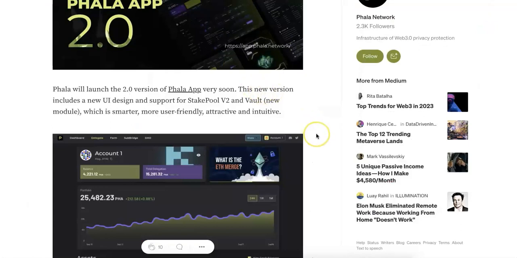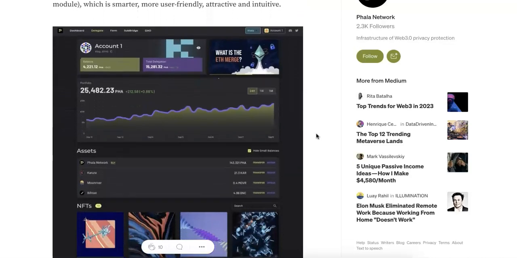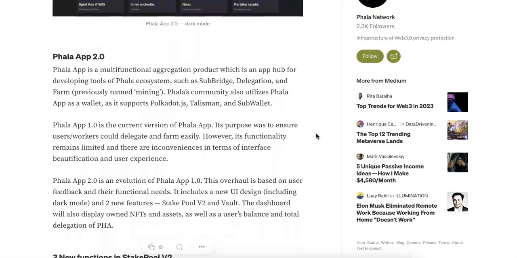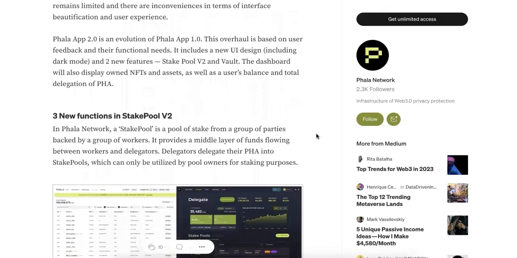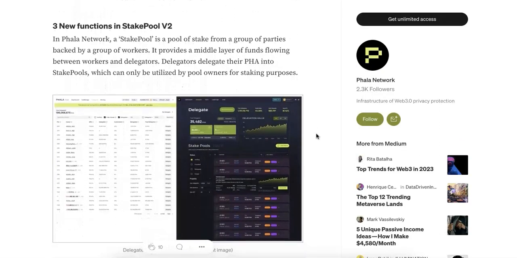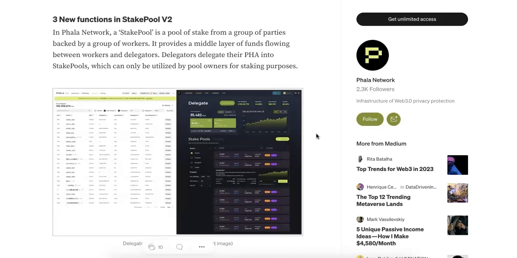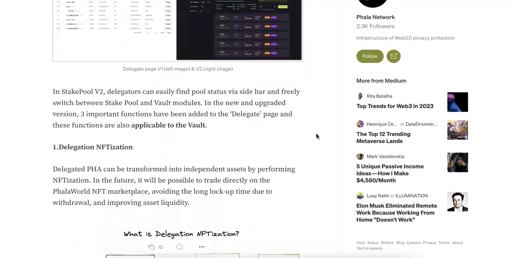This is really good news because they have a new UI design and also support for stake pool version 2 and vote. So the Phala app 2.0 has some new functions. For example, in stake pool version 2, this is the new app UI. You can see that it looks much better than the current app, and also they have the delegation